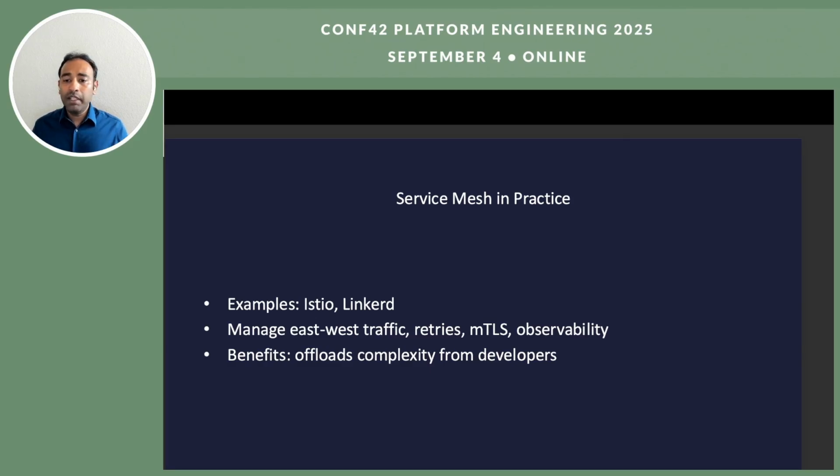Now we have many other applications or tools in the environments, where we can go ahead and pick whichever is more relevant to the business. They also bring in mTLS encryption, right? These tools can bring encryption, which is critical for securing the communications between the services. The key benefit is that developers don't need to build these features themselves. The mesh offloads that complexity, giving them a clean, secure way to connect the services.